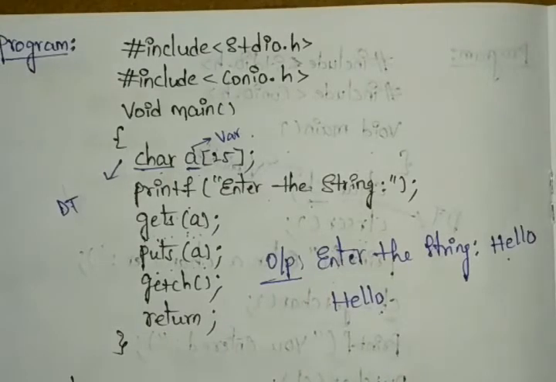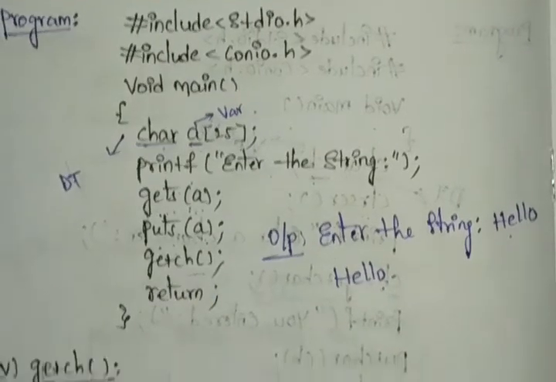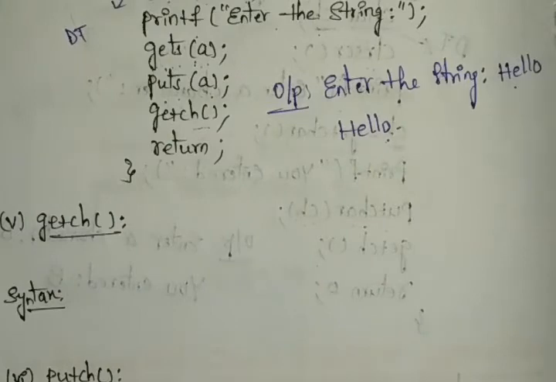And next, we have the fifth one, that is getch. Normally we wrote it here also, right? So let's see getch. What is the difference between getch and getchar? By using getchar we are reading the single character entered by the keyboard. And that also does not take any arguments, we are not passing any arguments into it.